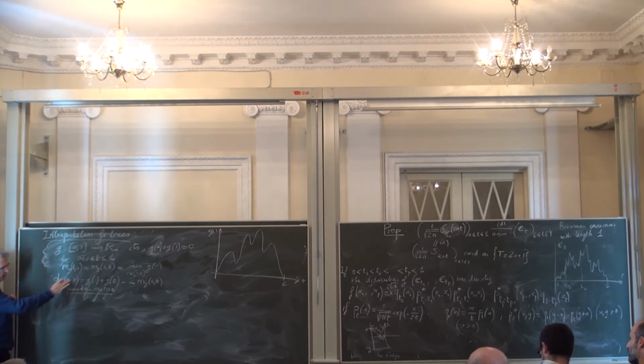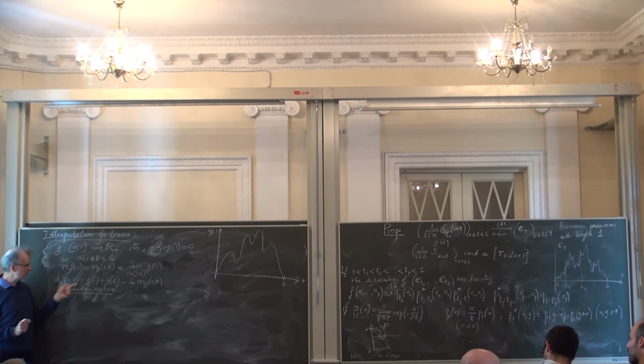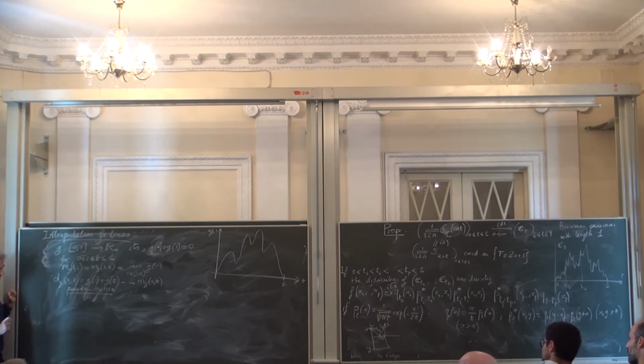Well, if s equals t, you find 0, this is obvious. It's symmetric, it's also obvious. It satisfies the triangle inequality. It's maybe a little less obvious, but if you think of it, it's not hard to see that it satisfies also the triangle inequality. The only thing that does not work is the fact that you can have s different from t and d_g(s,t) equals 0. Okay, so it's not really a metric.